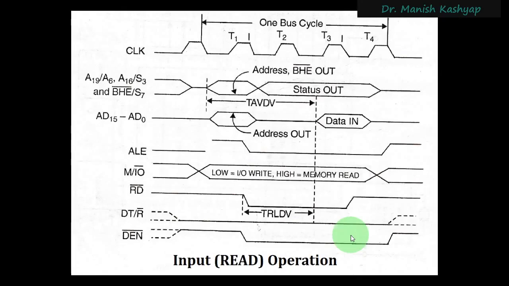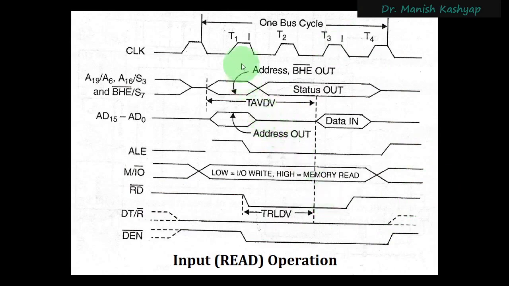A typical instruction inside 8086 will have at least four T states: T1, T2, T3, and T4. Not all instructions follow this procedure, but most of them do, because most instructions will be dealing with reading or writing the external memory or the input output. So these operations will typically have four T states, right? This is called one bus cycle. So these four T states are there. This is a typical scenario, I mean, in almost every instruction you will see this.